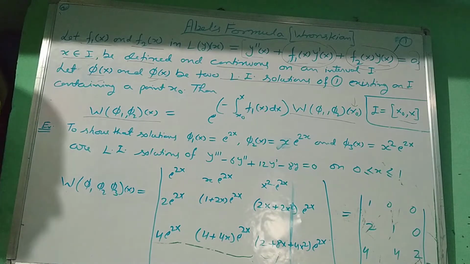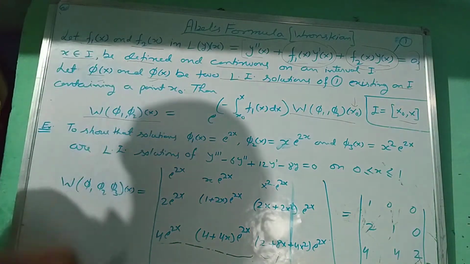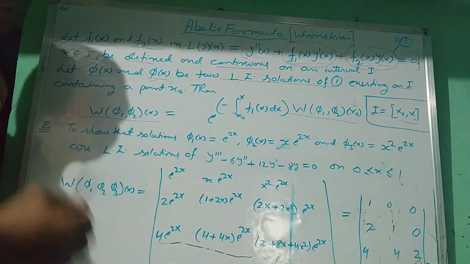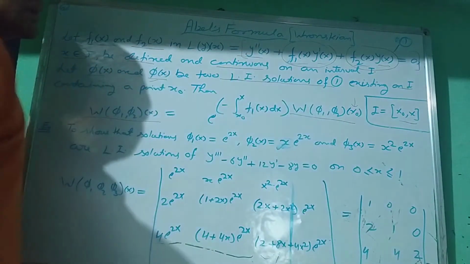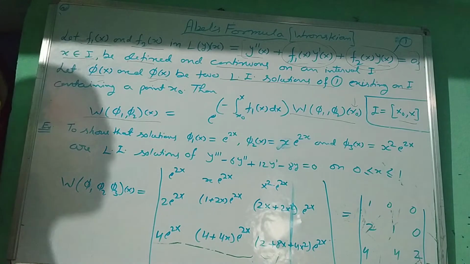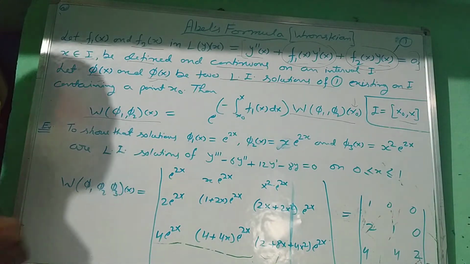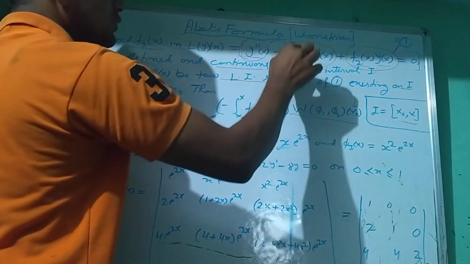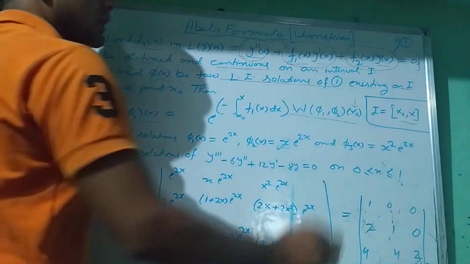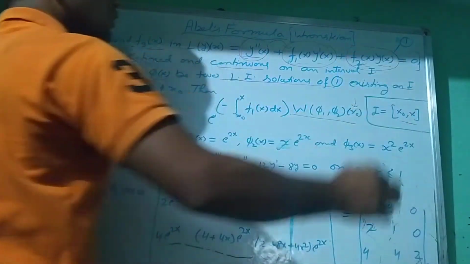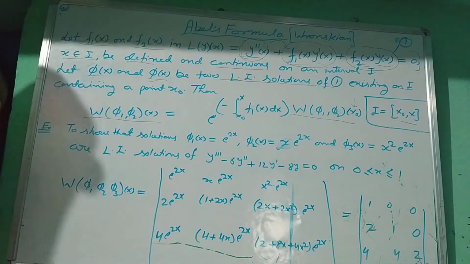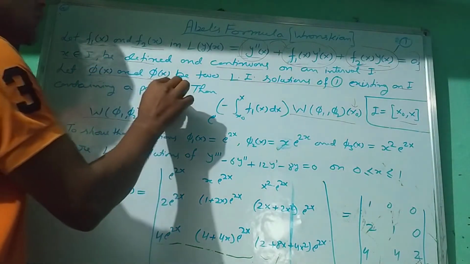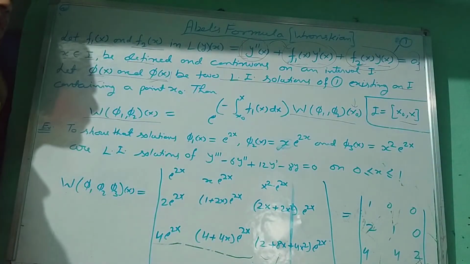ओके स्टूडेंट्स, इसमें क्या होगा कि आपके पास एक लीनियर डिफरेंशियल इक्वेशन होगी. ये जरूरी नहीं है कि सेकेंड ऑर्डर की हो, थर्ड ऑर्डर की भी हो सकती है, फोर्थ ऑर्डर और nth ऑर्डर. उसमें फर्स्ट टर्म को छोड़ के सेकेंड टर्म में जो फंक्शन होगा वो f1x होगा. उसके बाद जो फंक्शन होगा f2x होगा. और अगर उसके आंसर लीनियरली इंडिपेंडेंट होते हैं, अगर उसके वन और मोर देन वन आंसर लीनियरली इंडिपेंडेंट होते हैं